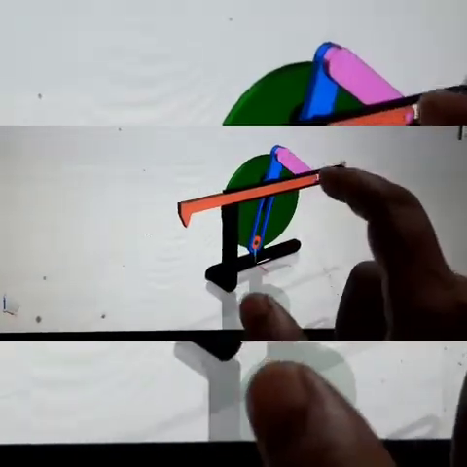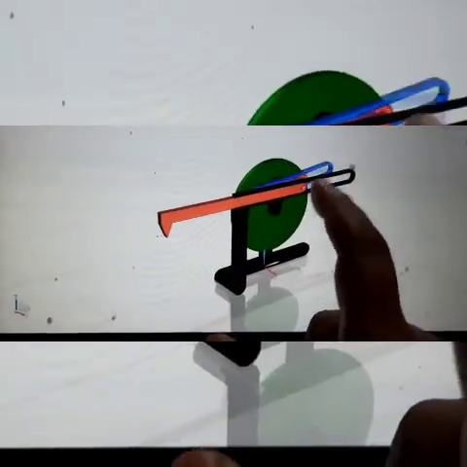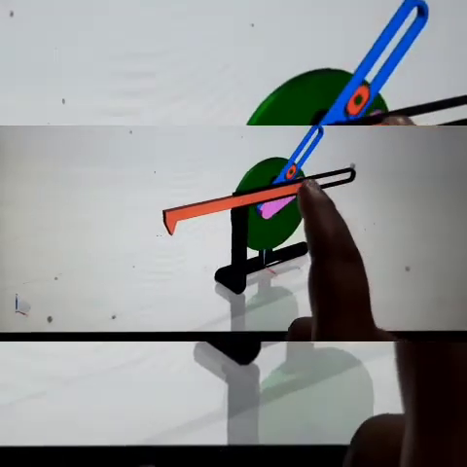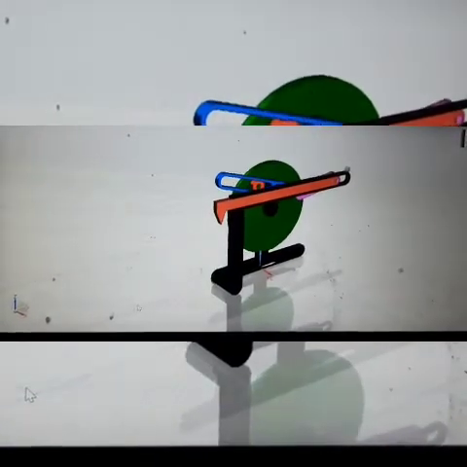So this pink one is the connecting rod. So the connecting rod is attached to this slotted bar. So when the slotted bar is oscillating, this connecting rod is also moving. So the connecting rod is attached to the ram. So this ram is moving forward or backward. So during the cutting stroke, the time taken is more than the time required during the return stroke. So we call it a quick return mechanism.